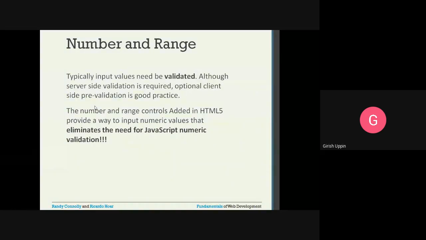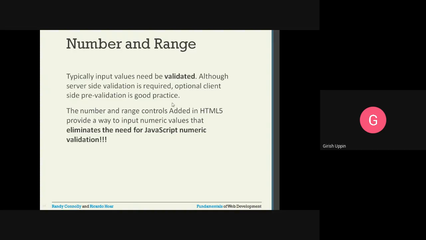There can be a range also. Let us say for a certain grade it is 1 to 5. Whatever the user inputs should be between 1 and 5 only. You can do that kind of validation on the client side.